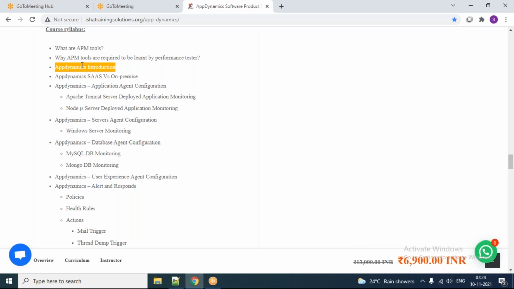Synthetic monitoring means what? You are configuring a job in AppDynamics, which means that you need to launch such and such URL from such and such location. If you are configuring a job, then on behalf of you, the AppDynamics tool will do that activity, launch the application, capture the metrics and all. That is the automated way of doing things, right? That is called synthetic monitoring. So we are going to see a real user monitoring example, and then a synthetic monitoring example. Like that, we are going to see the detailed explanation of this user experience agent.